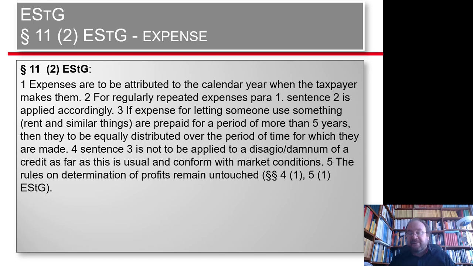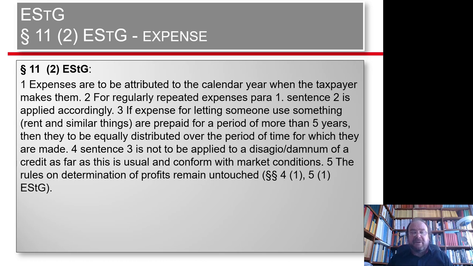Second sentence, regularly repeated expenses, for them, paragraph 1, sentence 2 is applied accordingly. So the short-term rule, or very often called 10 days rule. Number 3, sentence 3, if expense for letting somebody use something, rent and similar payments, is prepaid for a period of more than 5 years,